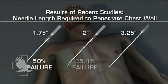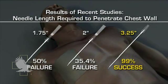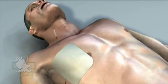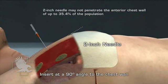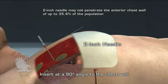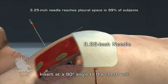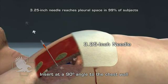A study published in Pre-Hospital Emergency Care measured chest wall depth on CT scans and found that needle decompression with a standard 1 3/4-inch angiocatheter would be unsuccessful in 50% of trauma patients on the basis of body habitus. In a study published in the Journal of Trauma, it was found that a 2-inch needle may not penetrate the anterior chest wall of up to 35.4% of the population, depending on age and gender. A study in military medicine recommended that the procedure for needle thoracentesis to relieve tension pneumothorax should be performed with a needle of sufficient length, and that a 3 1/4-inch needle would have reached the pleural space in 99% of